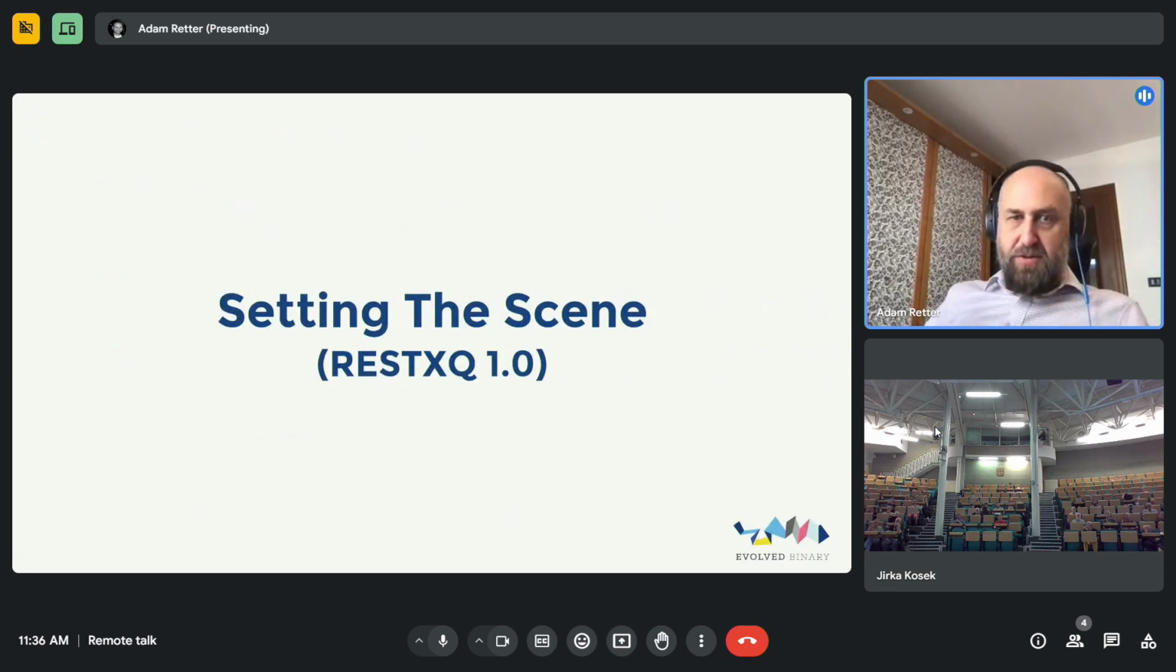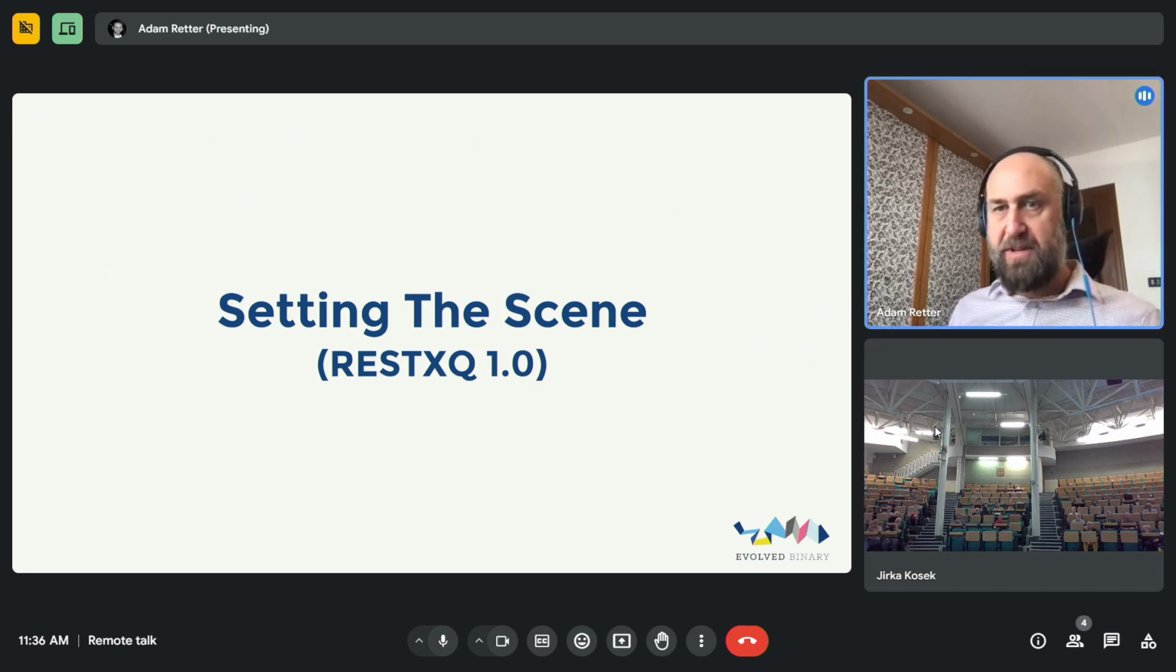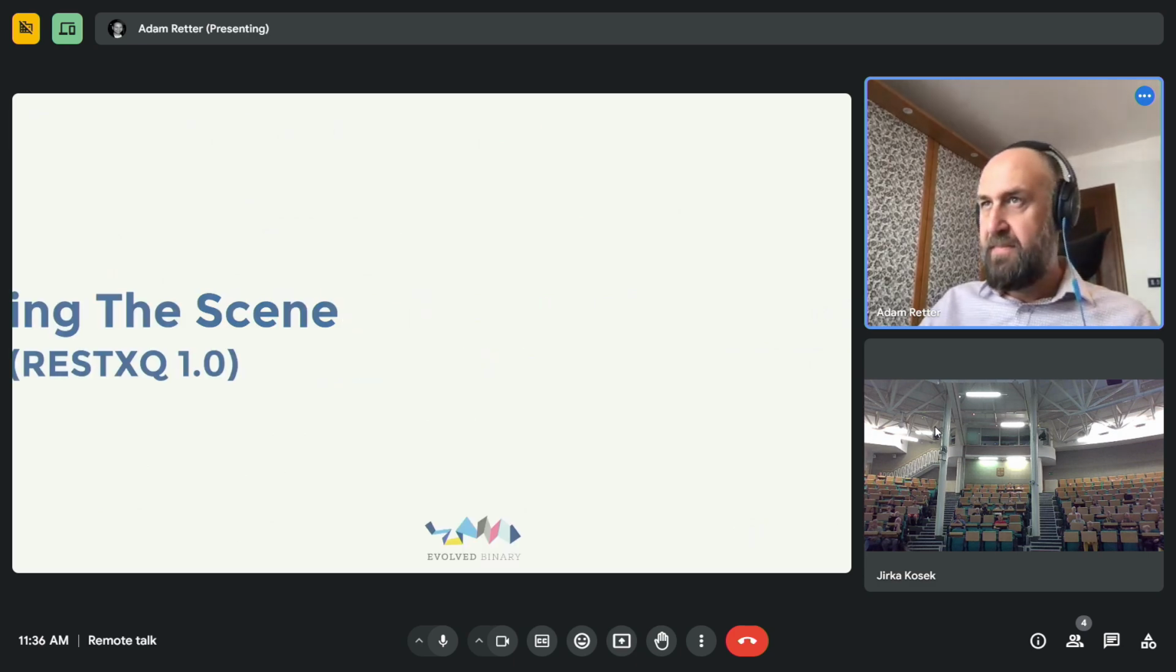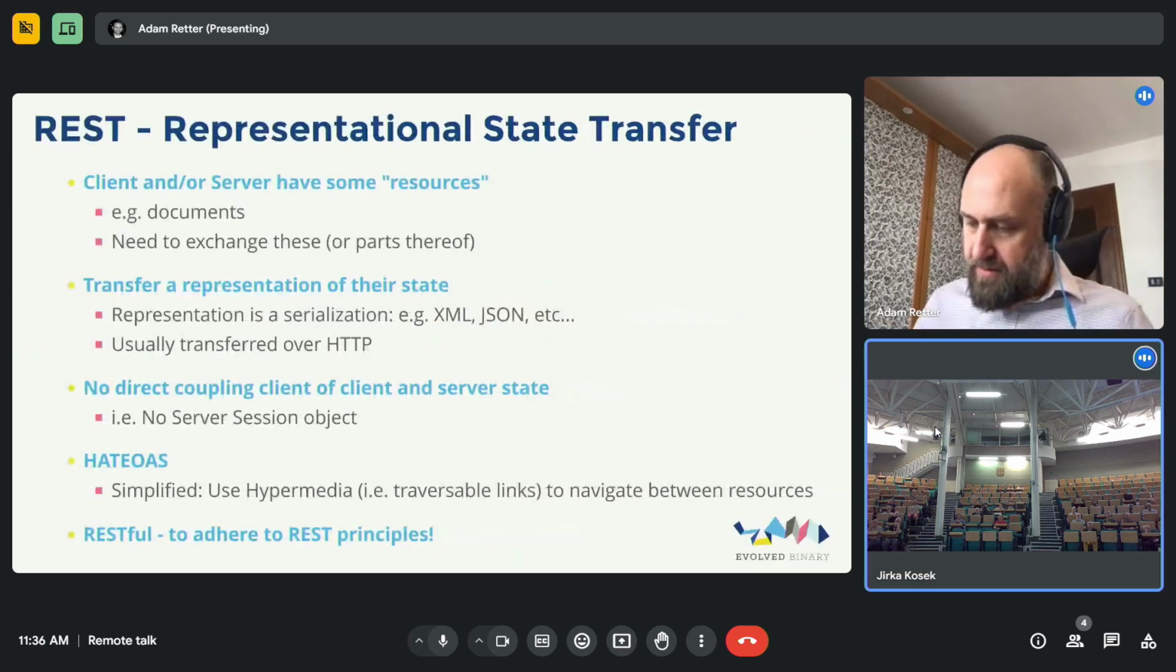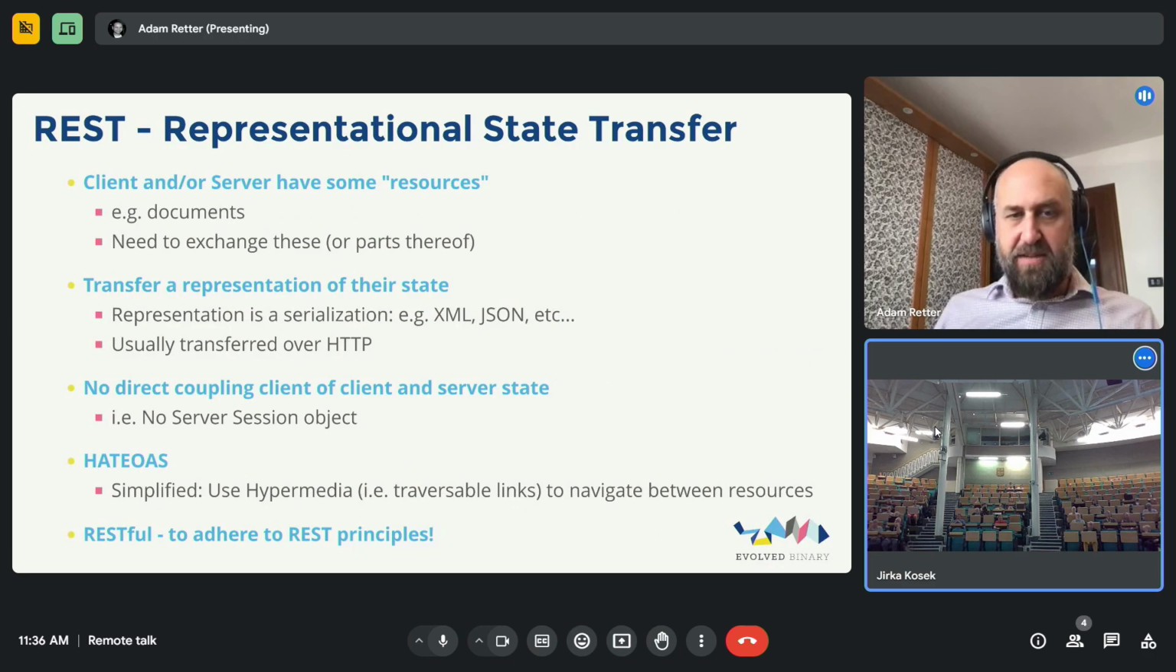So RESTxQ 2 proposals build on RESTxQ 1. Some of you may not be familiar with that, so we better make sure we have a basic understanding of RESTxQ 1 first. The key thing here is really that you may have a client and a server,